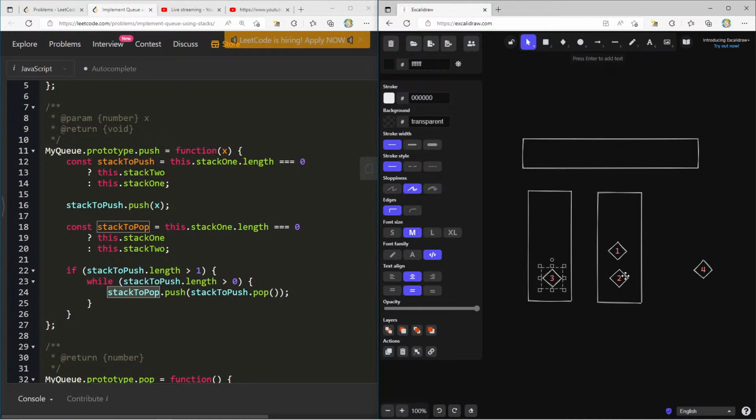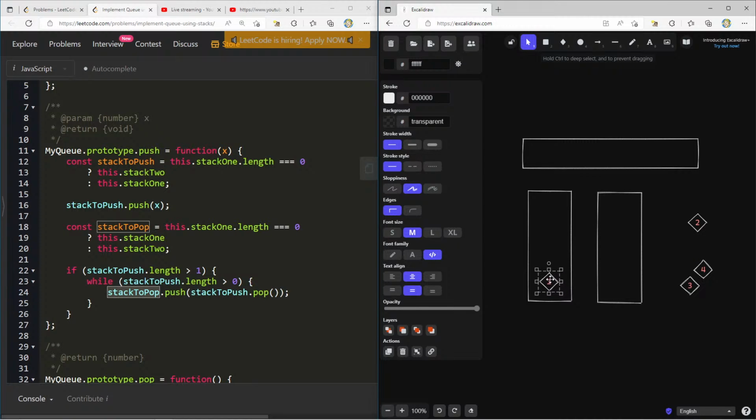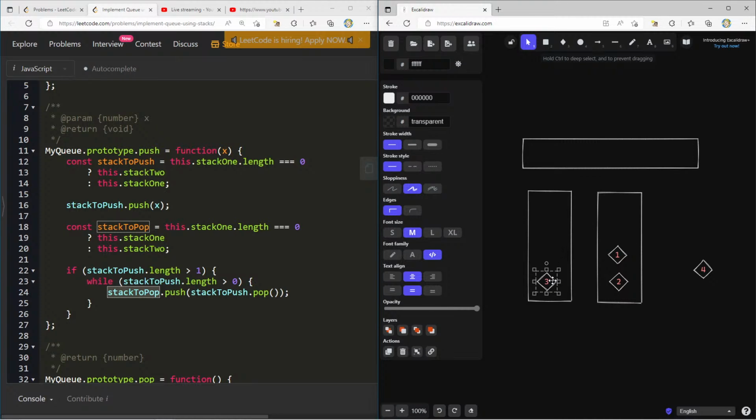But now do we pop 1 and 2? No, I don't want to pop 1 and 2, right? Because 1 still needs to be the one on top. So yeah, I thought we were close, but I think there's one little logic error that I have here. If I want 1 to be first, if I push 2, I should push 2 and then I should pop these. Okay, that means that now I can pop from the non-empty one. If I push a new one, if I push 3 in here, for example,